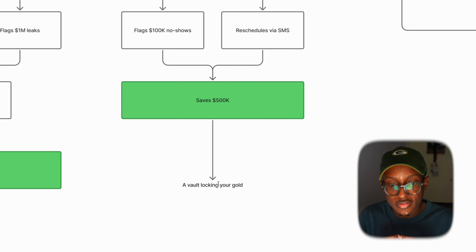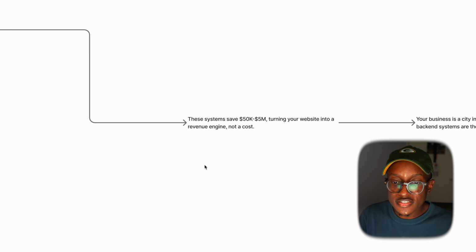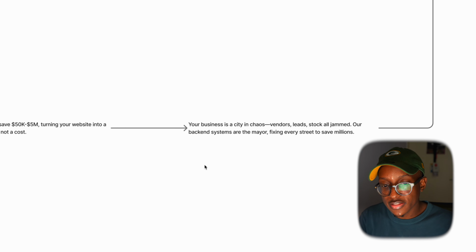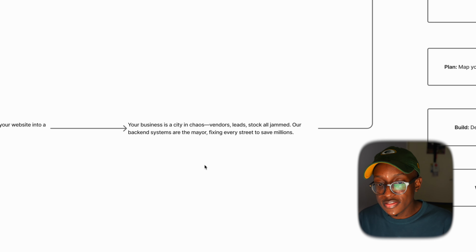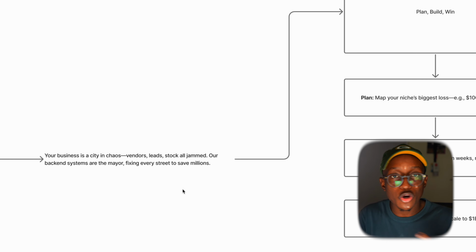And then, like I said, this is like a vault. This is like a vault locking your gold. And then we can say, hey, these systems save between 50K to 5 million, turning your simple website into a revenue engine and not just a cost. And with that, we can then say your business is a city in chaos. Vendors, leads, stock all jammed. Our backend systems are the mayor, ensuring that we fix every street in order to save you millions of dollars per year. And with this, we can then go into our favorite